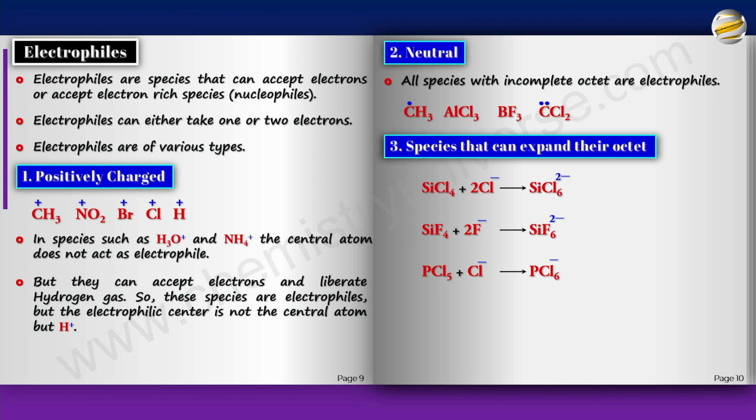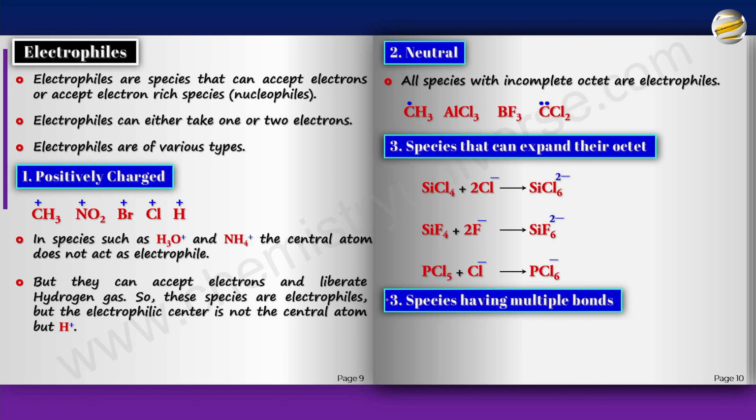And then you can also have species with multiple bonds acting as electrophiles. This, by the way, is number 4. The species having multiple bonds also act as electrophiles. So you have CH3COCH3,